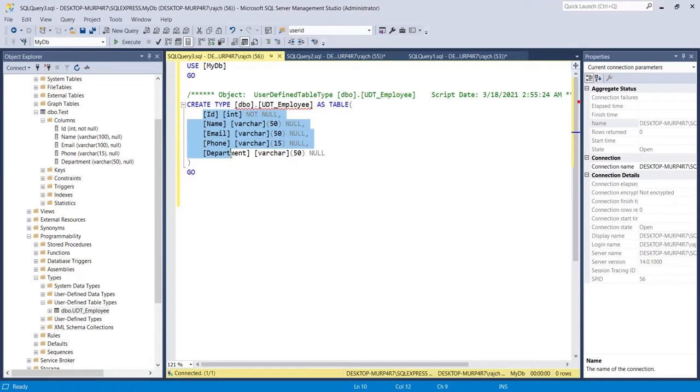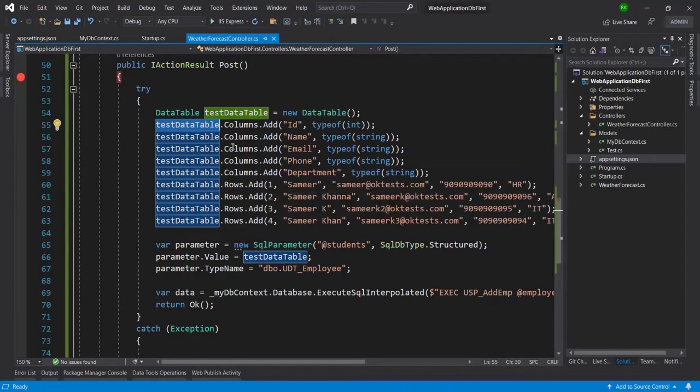All these 5 parameters are the same as what I created in the DataTable, and here I am adding the rows: this is row 1, this is row 2. I have hard coded the values here, so you can pass these values from anywhere, from a form or from a JSON string, but here I have passed them hard coded.